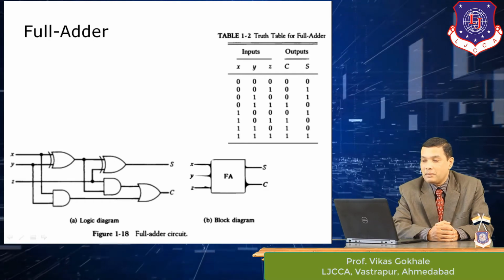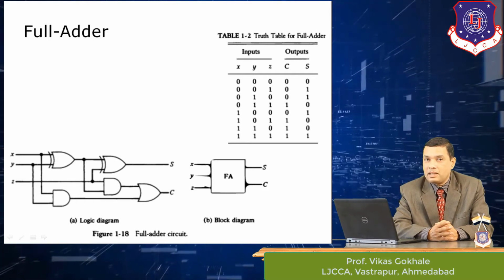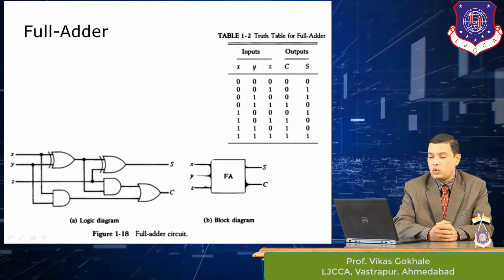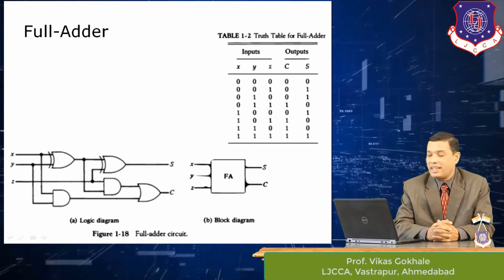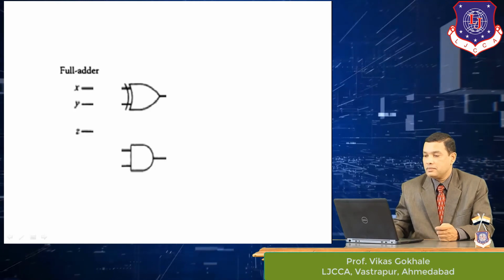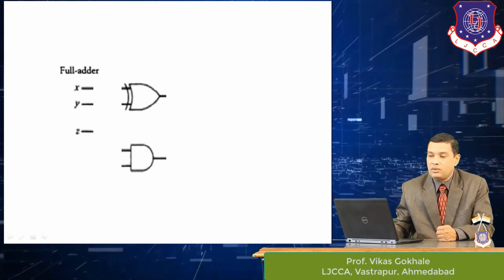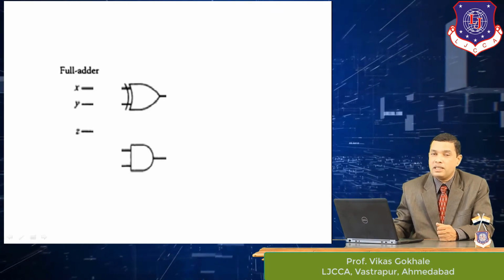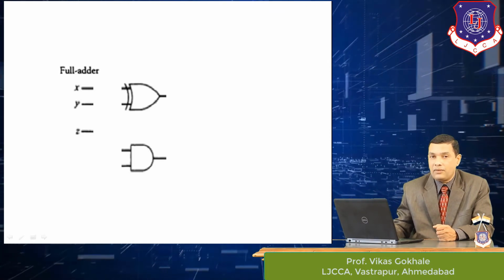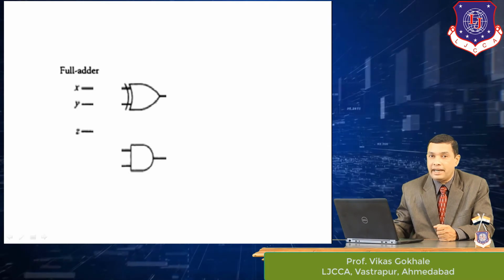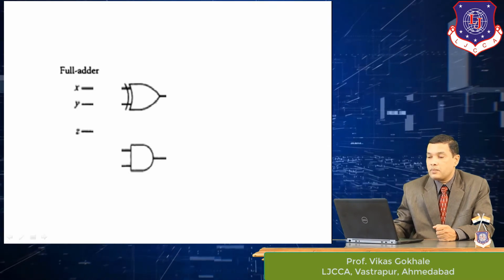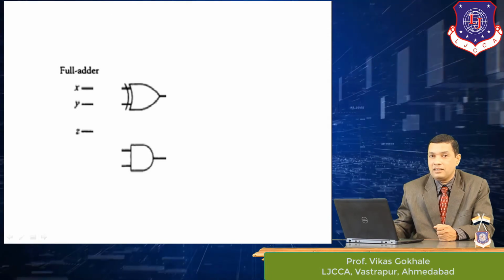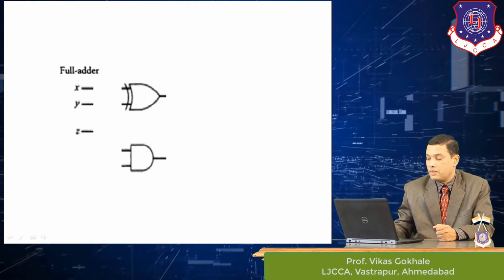Now this diagram, as you see, can be a little bit difficult to watch, but when we draw it, it will be very easy to draw. Let us go with drawing the diagram. The very first thing, you have to draw a full adder circuit. If you want to draw it, the very first will be the half adder. In the half adder we were using an XOR gate and an AND gate, and we have 3 inputs, that is X, Y and the previous carry, that is the Z bit.